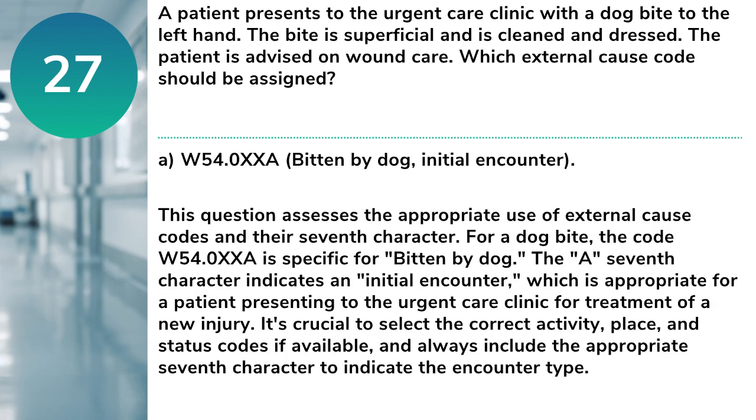Answer A. W54.0XXA, bitten by dog, initial encounter. This question assesses the appropriate use of external cause codes and their seventh character. For a dog bite, the code W54.0XXA is specific for bitten by dog. The A seventh character indicates an initial encounter, which is appropriate for a patient presenting to the urgent care clinic